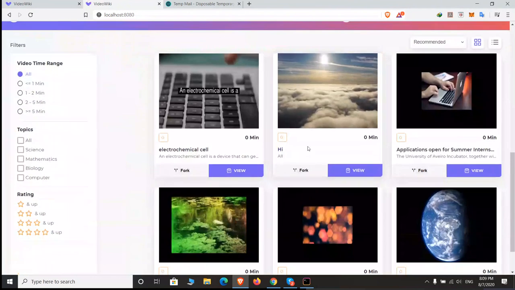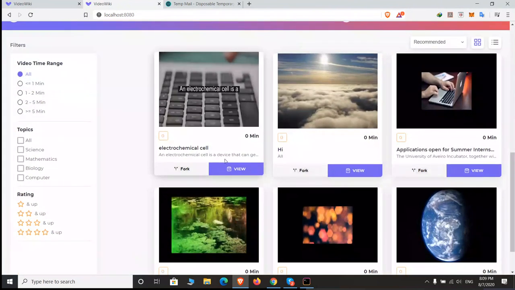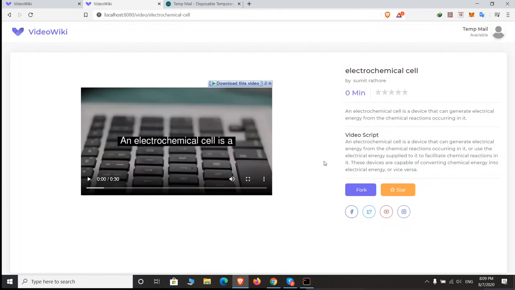If we assume that we have created a video and done everything, then in the main smart contract, the factory contract, there are functions defined for forking. As an end user, if I like this content, I can fork it.